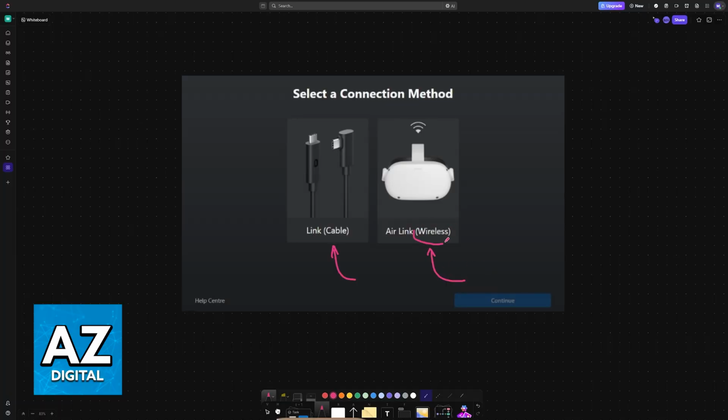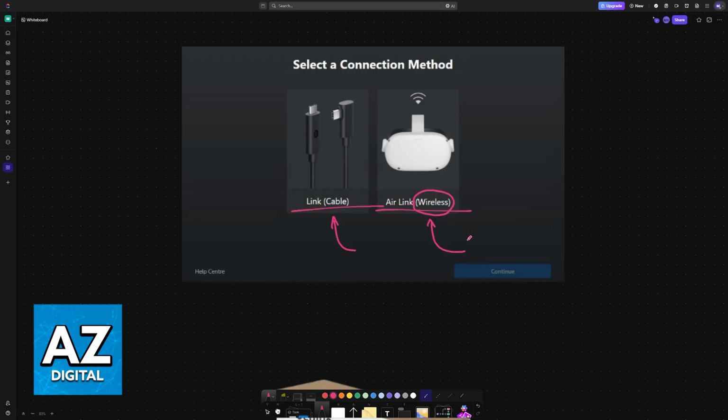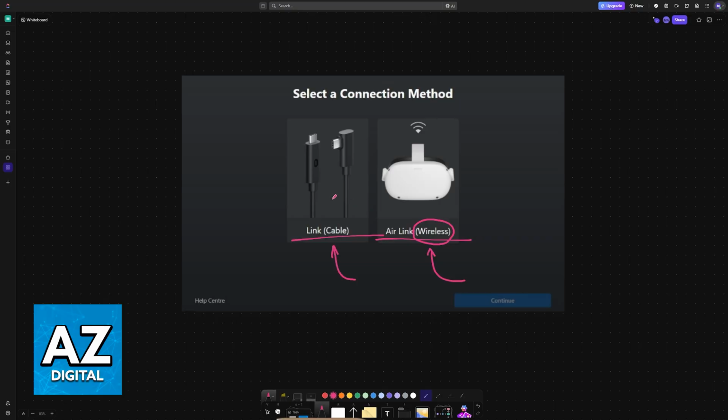This is going to depend on your network speeds, so if your internet is not good or you are too far away from your router, the experience will have a lot of latency and it is going to be choppy. You can also try out both to see which one you prefer. Once you select them, you will be guided through the process, but usually it is extremely intuitive.